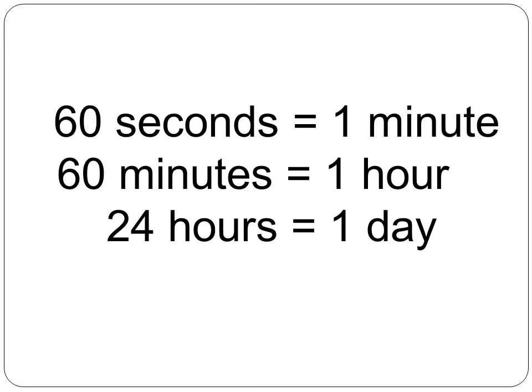So the minute hand goes around the clock once in 1 hour. So 60 seconds will make 1 minute. 60 minutes will make 1 hour. 24 hours make a day. The position of the hour hand tells us what hour it is. The hour hand moves from one number to the next in 1 hour.